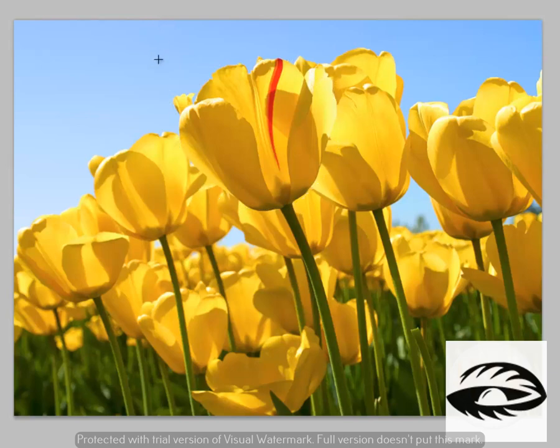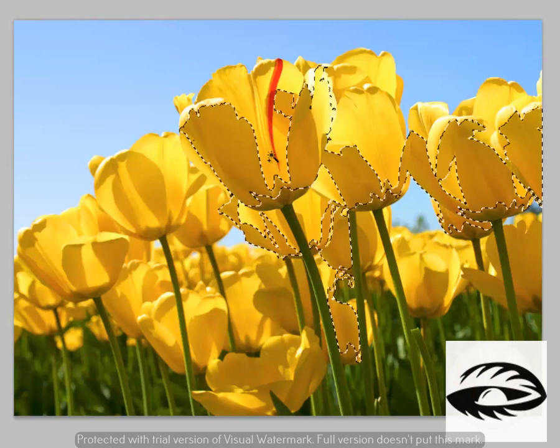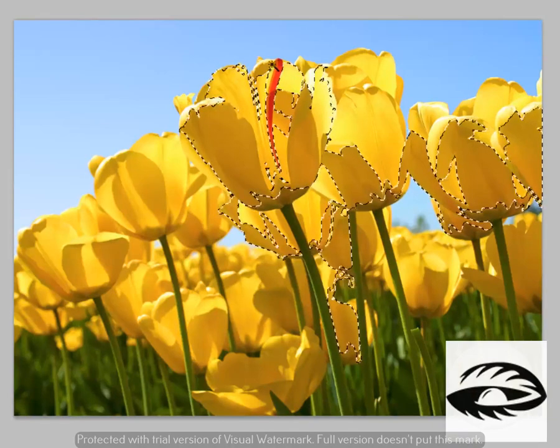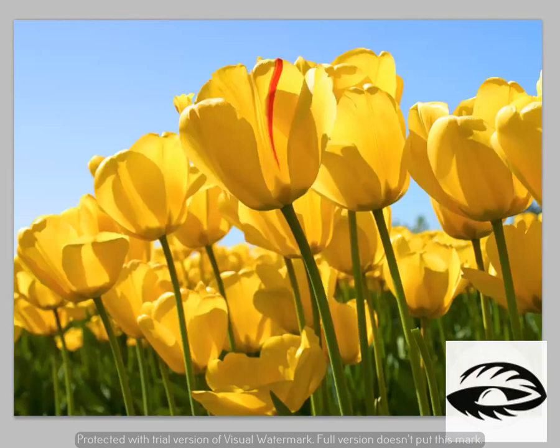If we try to use the elliptical marquee tool, then also the selection won't be proper. There is a lot of garbage other than the flower. If we try to use the magic wand tool, since all of the flowers have the same colors, just the flower won't get selected properly.